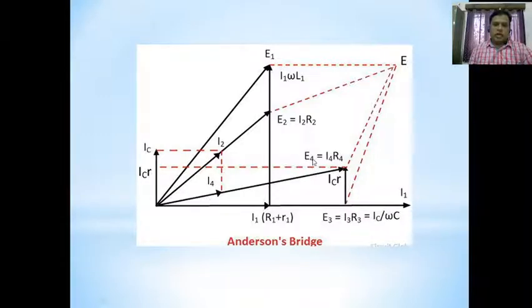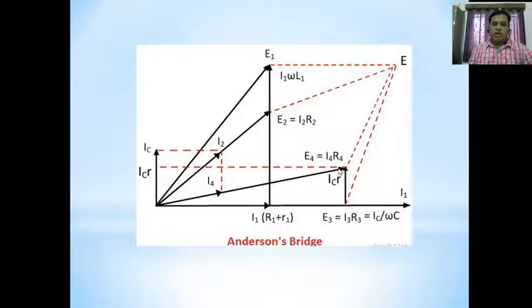That is, you can have this IC and ICR, as well as I1 into R1 plus R, that is the first arm resistance and current. So we are having the linear characteristics here. I2 is also a linear characteristic and E1 is also seen here. Therefore E3 is also there. So we can find E2, and therefore we have E4 on this side.